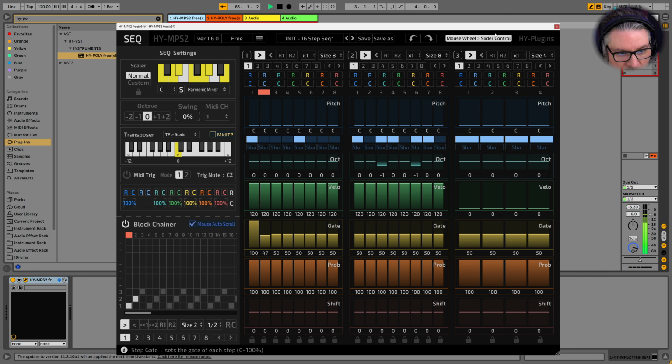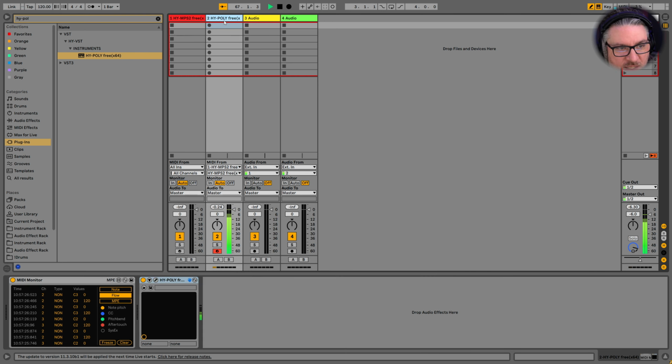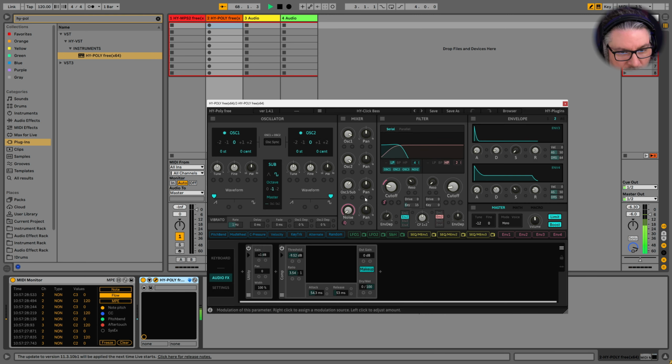Cool. And let's mess with the sustain on this guy, which is going to screw up the whole thing. So we got, let's see, envelope 1, envelope 3, envelope 4. Again, I'm not as familiar with this plugin yet. It looks like to me, where's the amp envelope? Okay, right here. So this is grayed out.